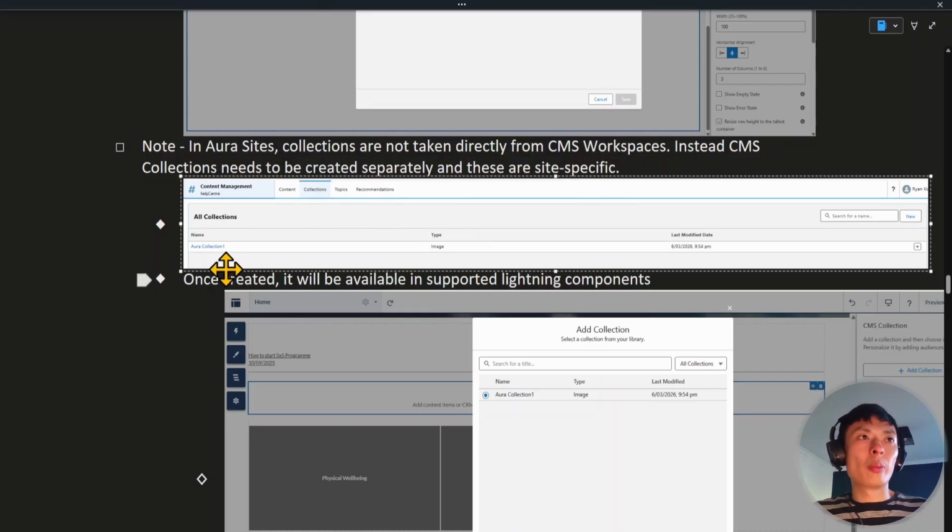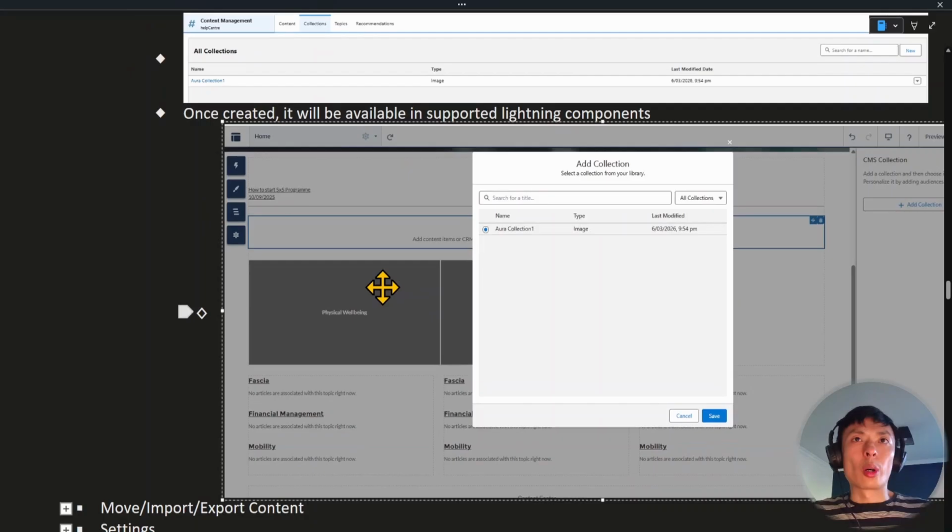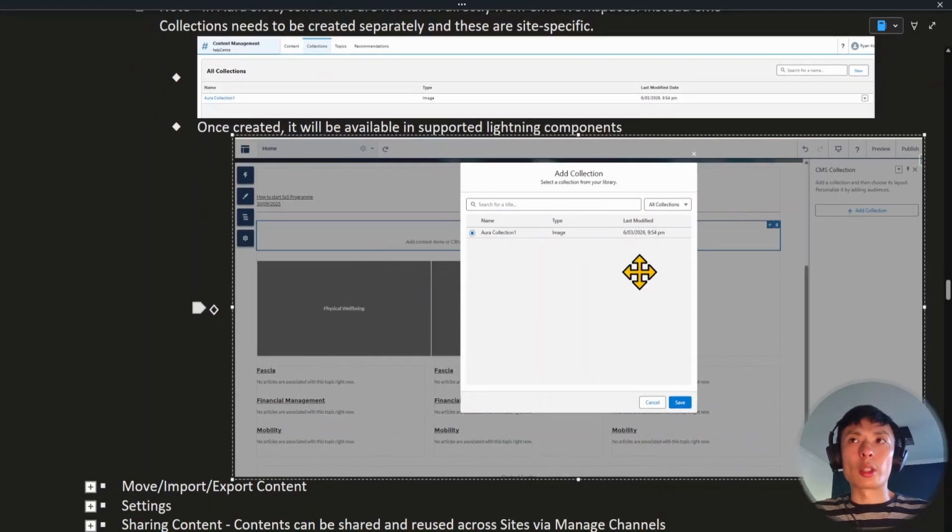So in here, I have to manually create a collection, which you can do by clicking on new. You'll need to first go into content management, go to collections, and click on new. That will allow you to create a new collection. And once you've done that and added all the content in your collection, you'll be able to access your collection